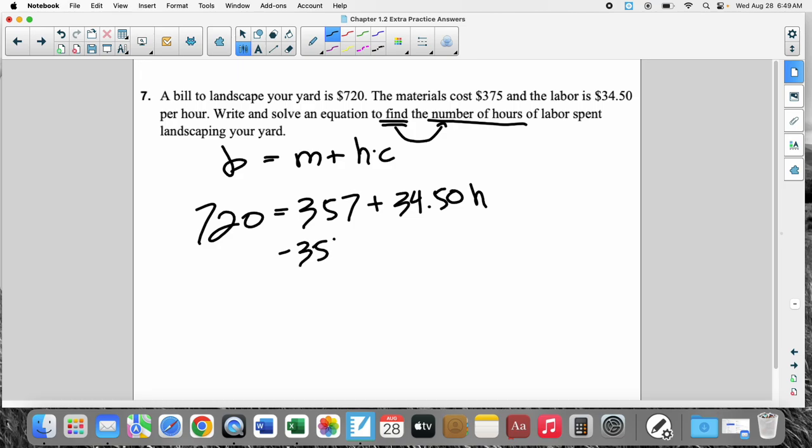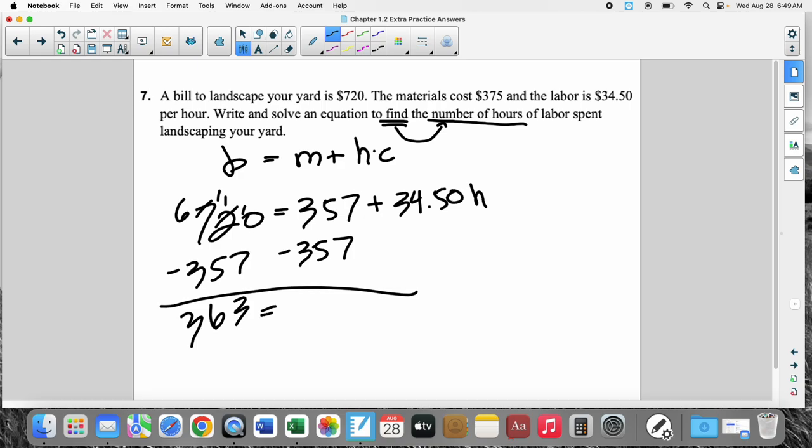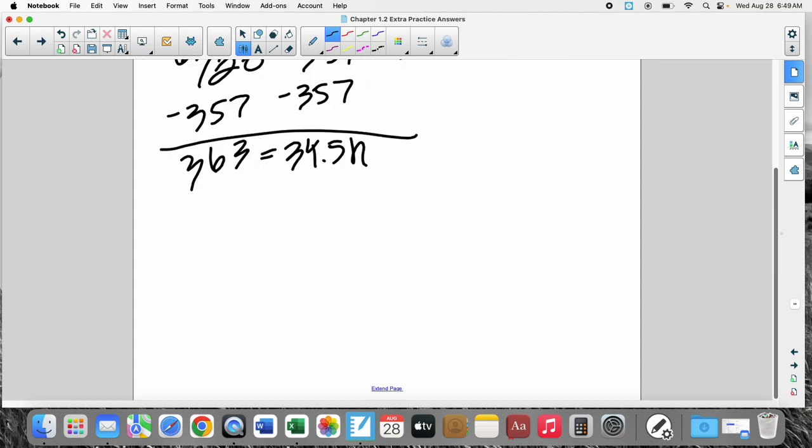We're going to subtract 357. That's 3, that's 6, that's 6, that's 3 equals 34.5h. We can take the 0 off now. That 0 isn't really helping us. We can divide by 34.5, 34.5, and